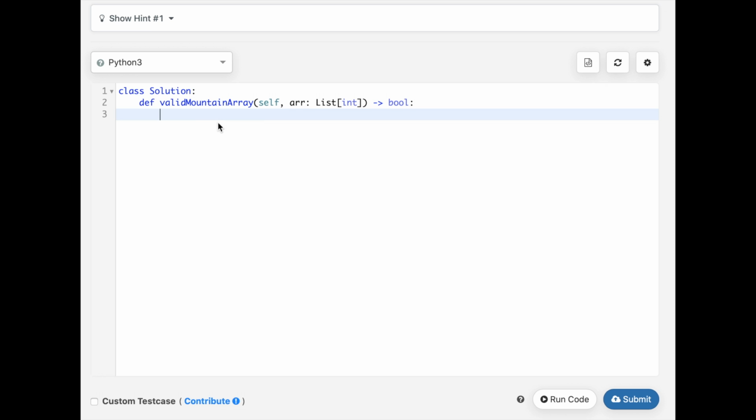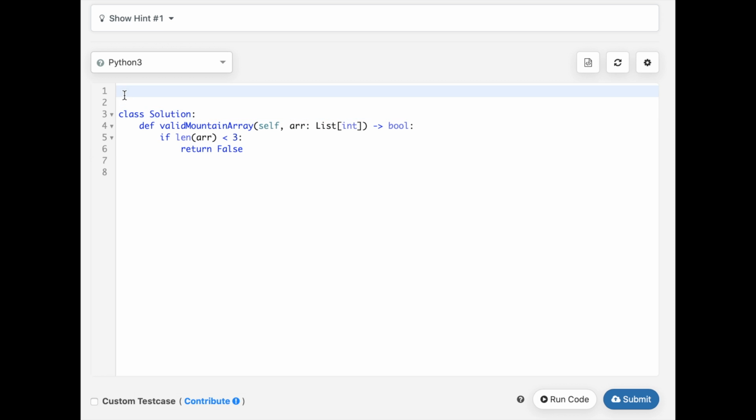The first thing that we should check is the length of the array. It needs to contain at least 3 values in order to be a valid mountain. So if length is less than 3, we can just return false. Next, we're going to use a function in the NumPy library called diff, which will give us the difference between consecutive values in an array. So we're going to have an array of diffs,